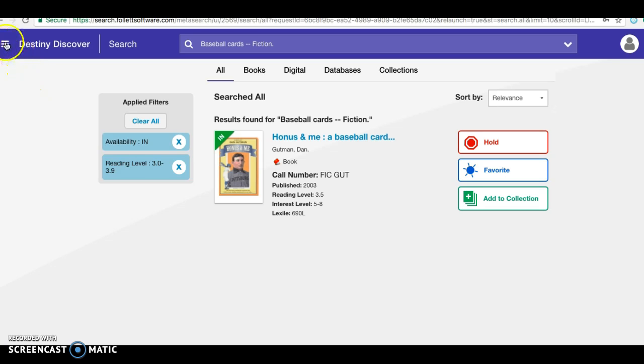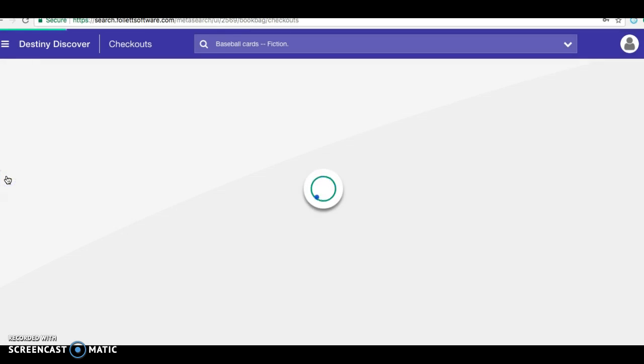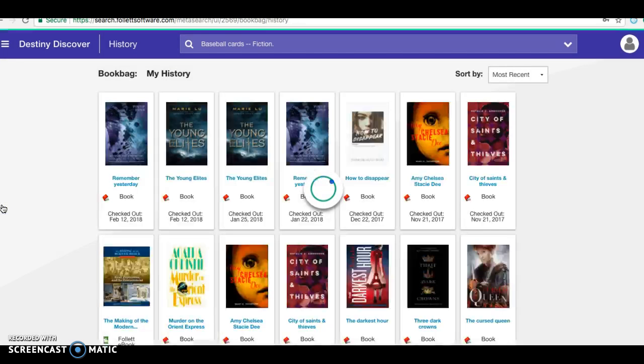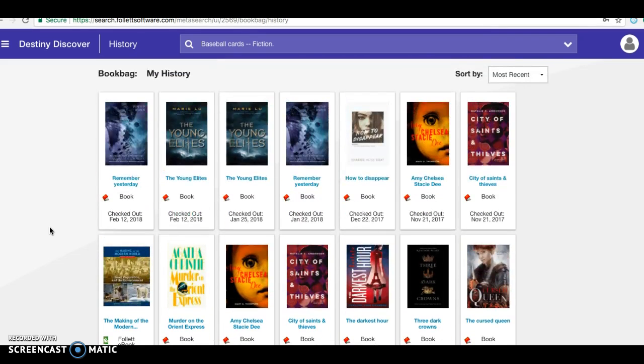Okay. Over here on the top left-hand corner where the three lines are at, that is kind of our main navigation system. You can look and see how many books you have out. So these are the two books that I have checked out right now, and it tells me the due date. So if you're ever not sure about your library books, and this is great, you can click the history feature. It will show you the books that you have checked out this school year. This is nice if you want to look for a book and maybe you can't remember the title of it because you want to find another book by that author,